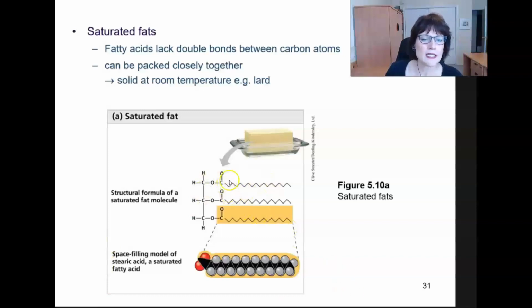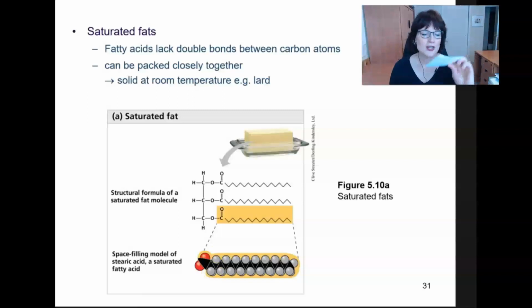And these carbon-carbon bonds are single bonds. So there's no double bond, as you can see here, between the carbons for any of these 3 fatty acid chains. And you can see from the more 3-dimensional structure that it forms a linear chain. So the lack of double bonds, so only single bonds, explains why saturated fats will be